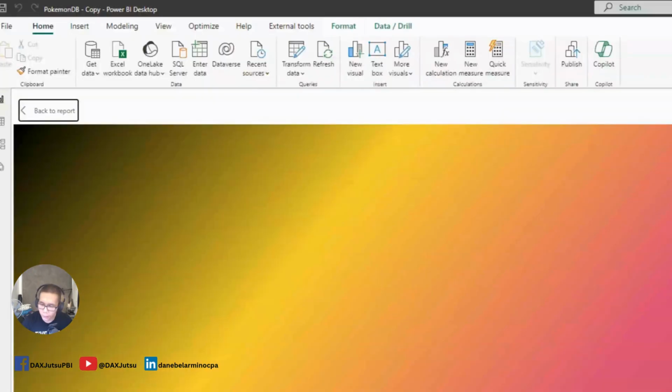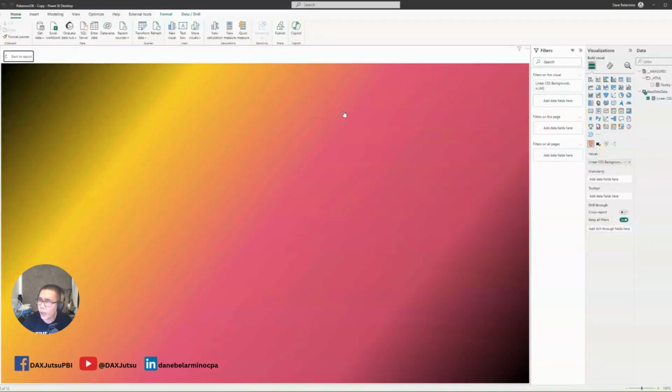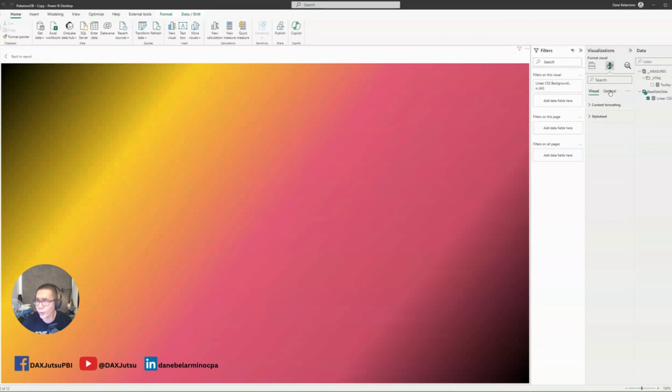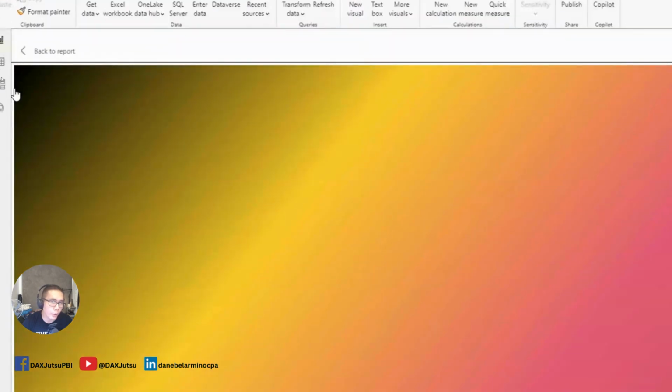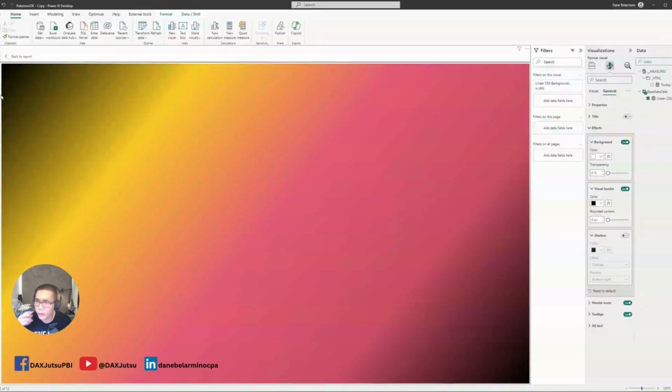Okay. One thing I noticed about this custom visual is that there's no option to remove the border. Actually, there's no option for the border at all. The content formatting, style sheet, general, effects. There is an option for the border, but it's the outer border, not this white border around the edges. So I'll move the border and visual border, remove,